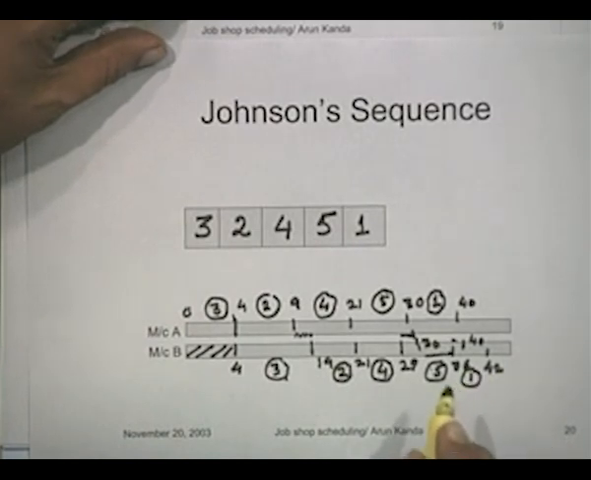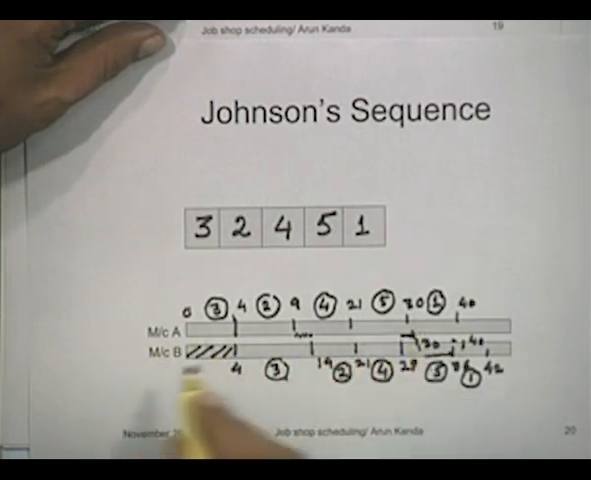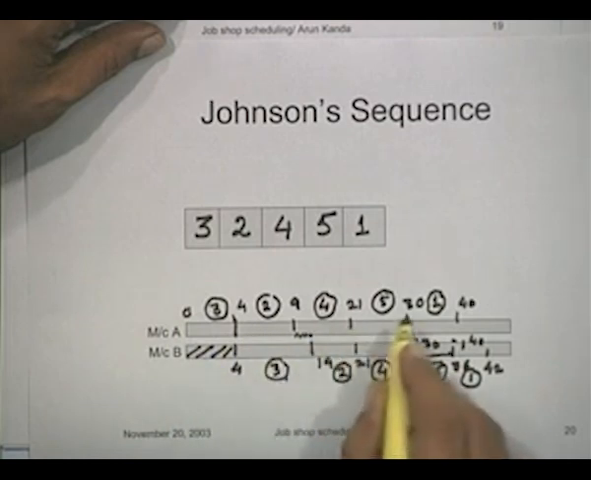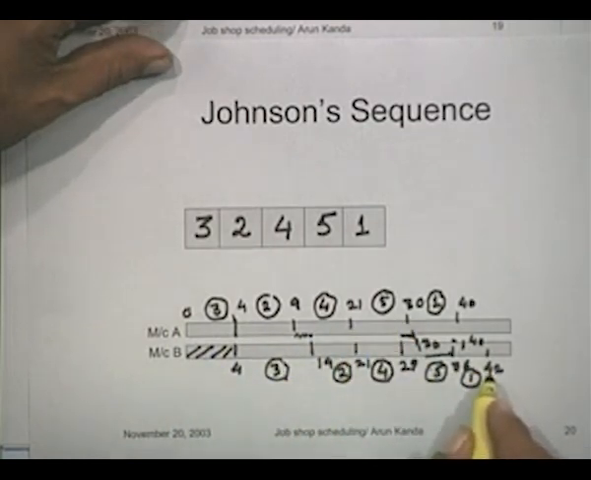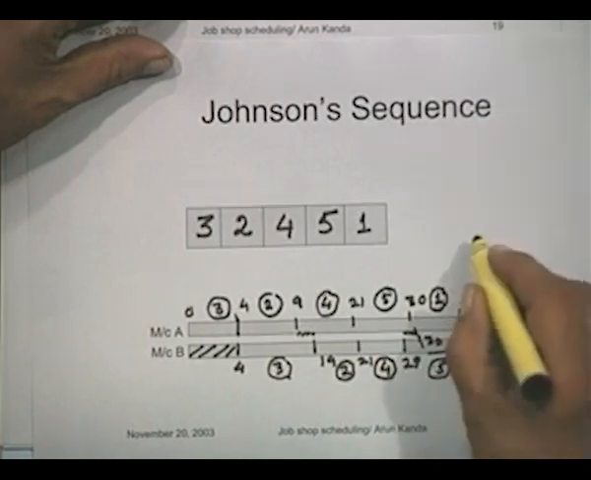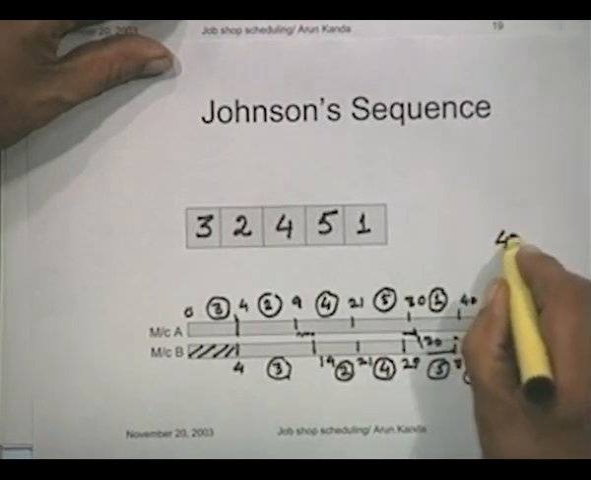Now you have the complete picture. What it shows is how the two machines are going to be loaded with different types of jobs according to Johnson's rule. What we find is that the completion time or the makespan for this job is now 42 units,